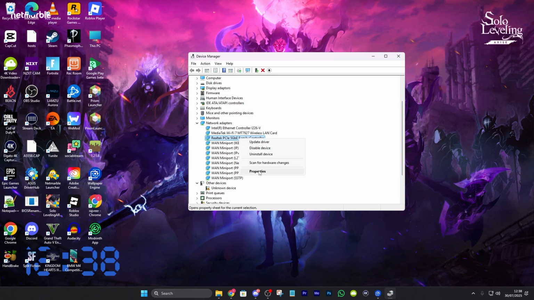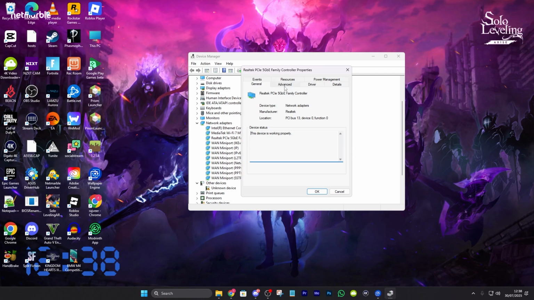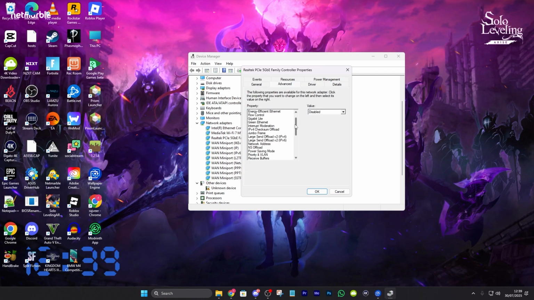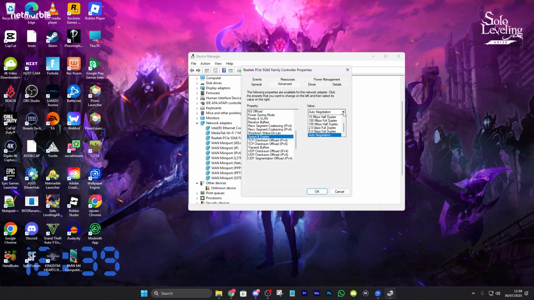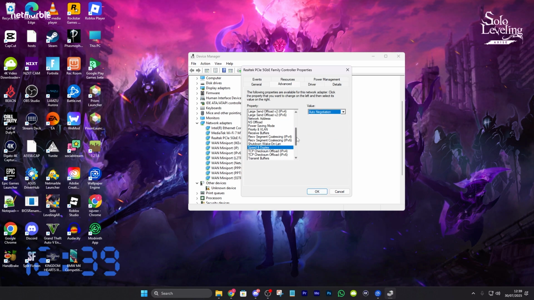Right click on that, click properties, and then over here, you want to click advanced. Now, once you're here, scroll down until you find speed and duplex. Now, you might by default have it set to 100 megabytes per second full duplex. What you want to change it to is auto negotiation. However, there are also options to change to 5 gigabytes per second or 2.5, but I just find that auto negotiation works the best. So once that's set, you can press OK, but I would also highly recommend turning off